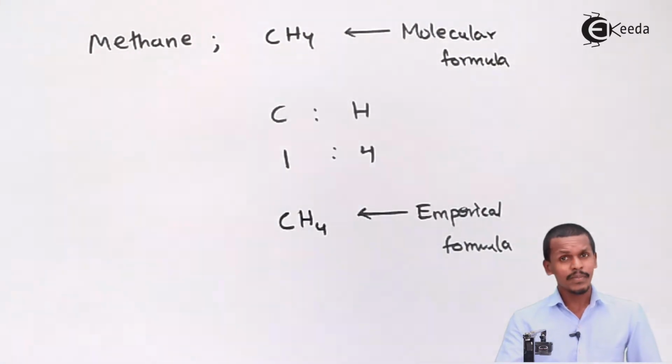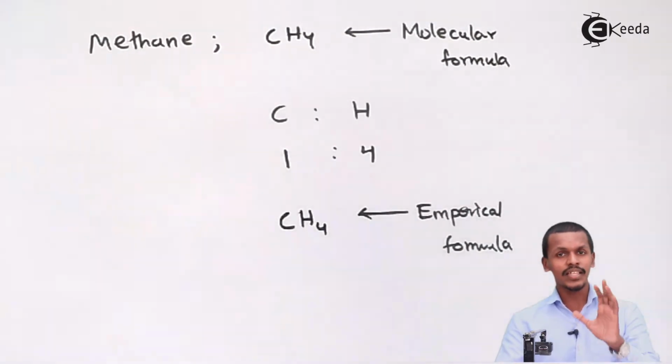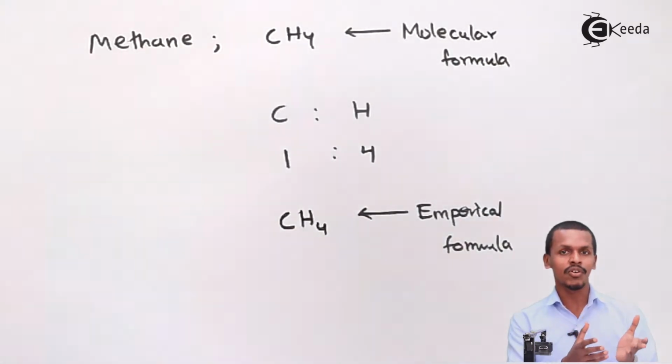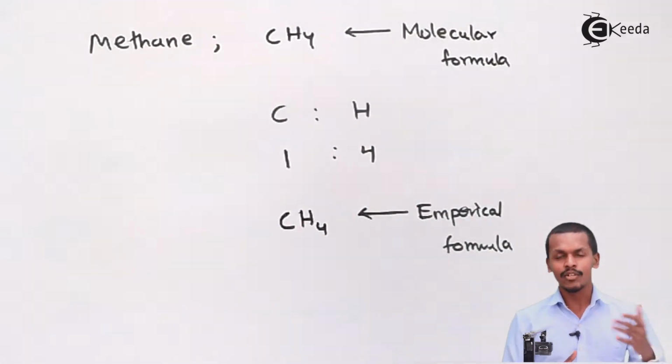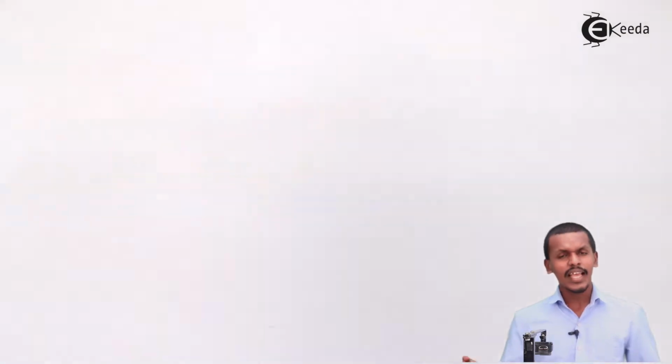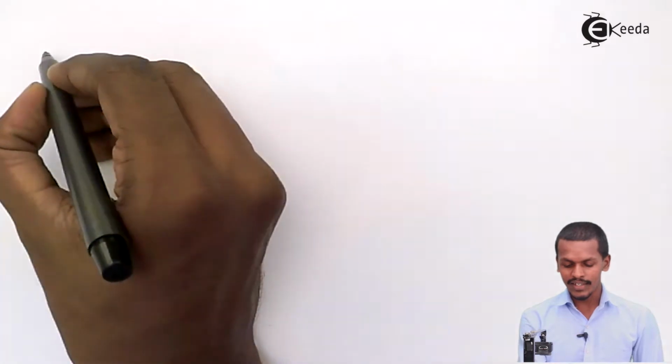There are basically 3 steps that we have to follow. The first thing we have to do is, on the basis of the quantitative analysis that we discussed in our earlier lectures, get to know the percentage of carbon, hydrogen, and so on. And suppose we didn't get the percentage of the oxygen atom, then we can easily calculate that. This is very easy. We have to follow a few steps, and among them step number 1 is